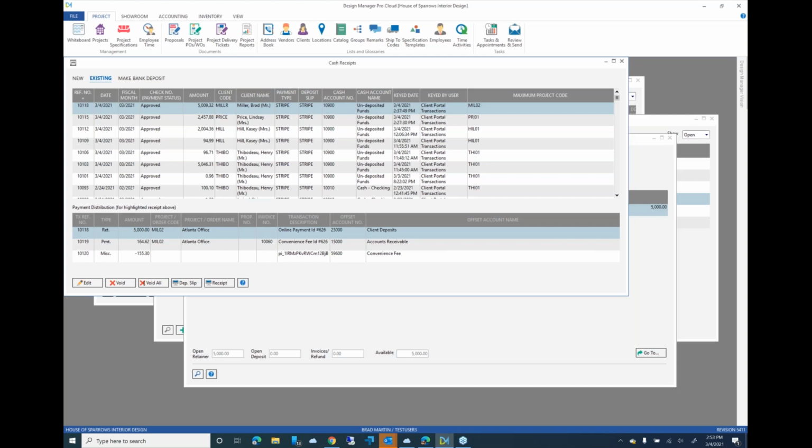Not to diverge too much here from the topic, but retainers are not tied to any particular document. In other words, a proposal, whatever. It's just funds that the client provides you for future services. So then I could move the retainer to an application on an invoice, or I can move it to a deposit on a proposal, or those types of things. So it works just like a retainer does traditionally in Pro Cloud. Once it comes in, the only difference is how it got in there, using the new payment pages technology and